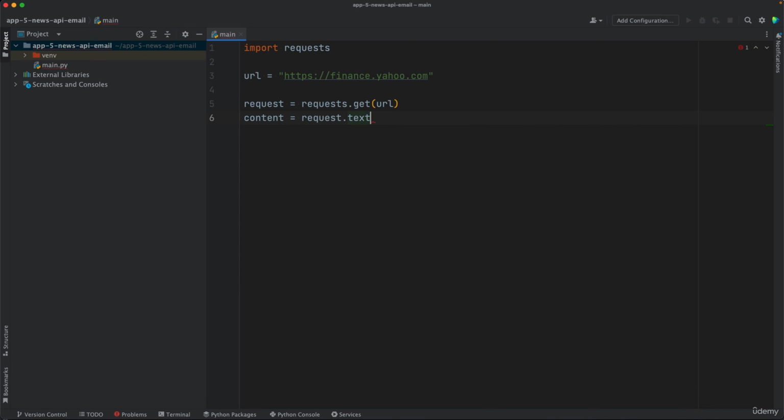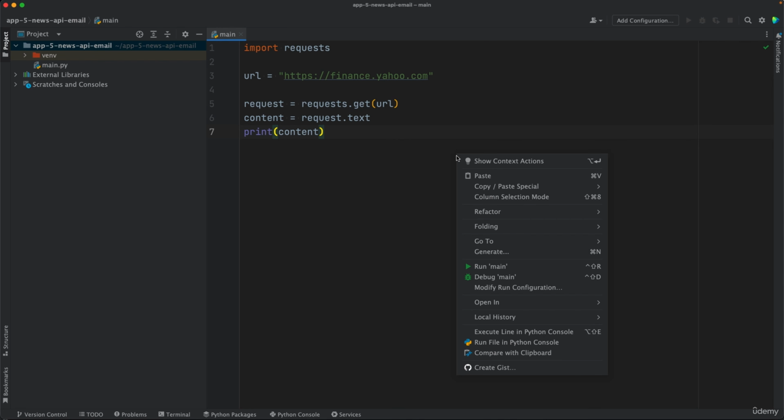And so then you do text.text. That's a property of this object. So this creates a requests object type, just like we have string types. This is a special type as well. And then print out the content. If you run the script,